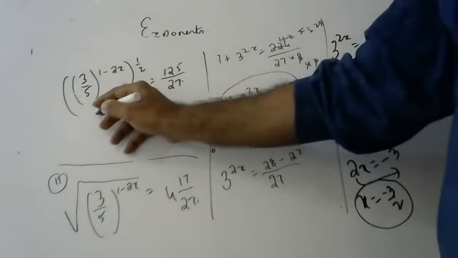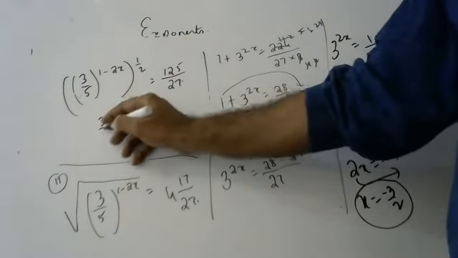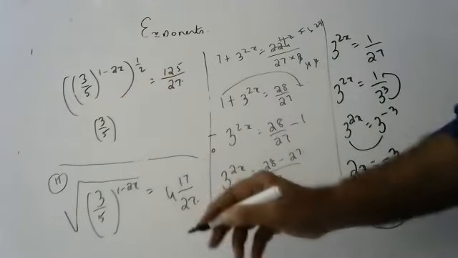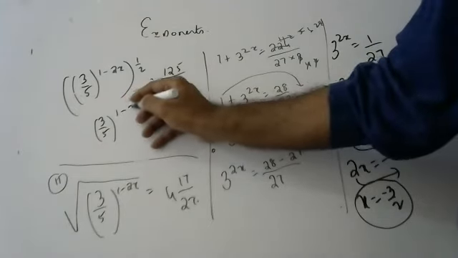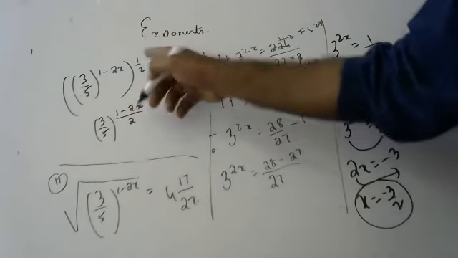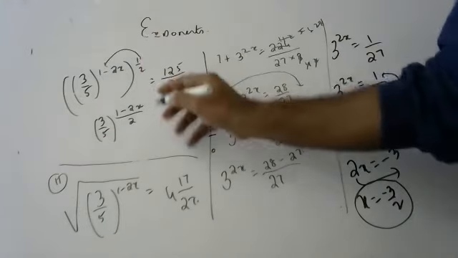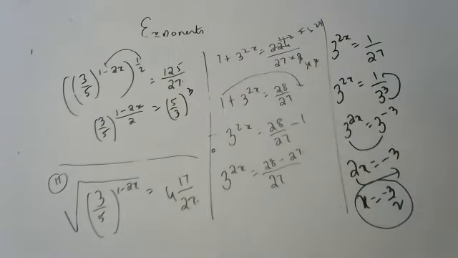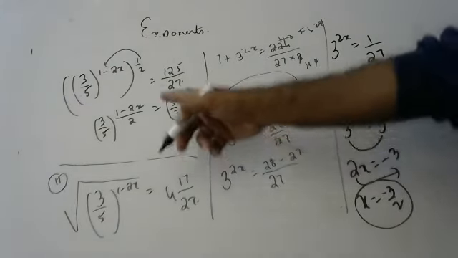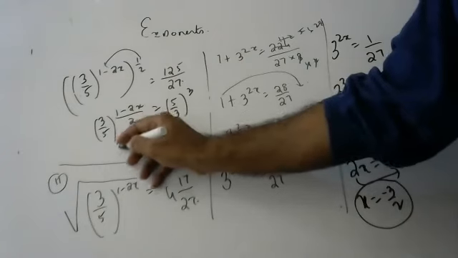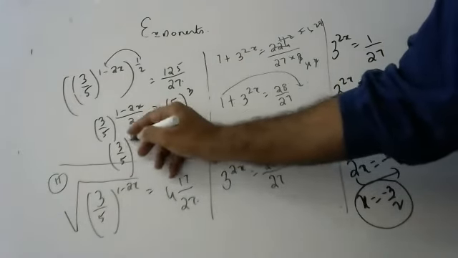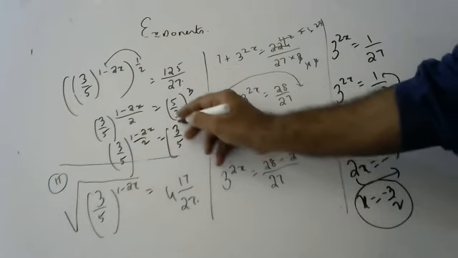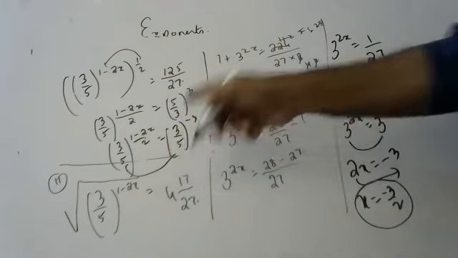So we can write this as 3 by 5 to the power of 1 minus 2x by 2, because the whole thing is multiplied. So this we can write as 5 cube by 3 cube, 5 by 3 whole cube. Okay, children. Now if I make it 3 by 5, we can write that as 3 by 5 to the power minus 3. Very good. This I am writing in reverse, children, so that bases are same and powers can be compared.